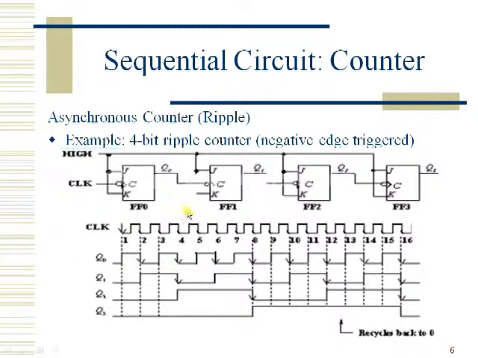Okay, let us see one more example, that is a 4-bit ripple counter. As I told you, if you want to implement an n-bit ripple counter, definitely we require n flip-flops. Okay, and the clock must be applied only to the LSB flip-flop, and the MSB is on the right side. Now here Q3 would be the MSB and Q0 will be the LSB. Okay, and here it is negative edge triggered.